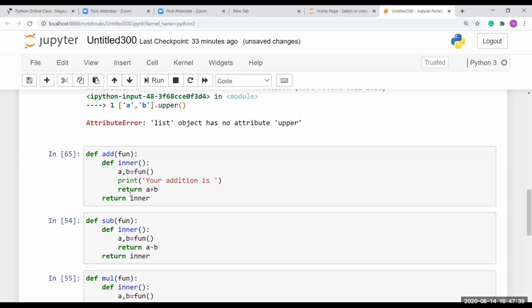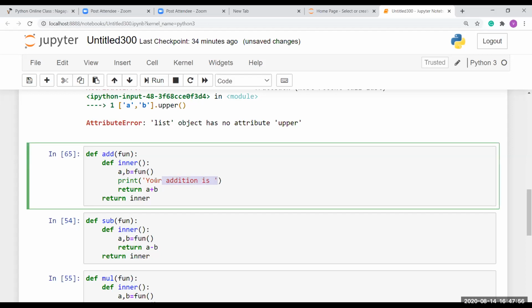And you can see here, we are returning the inner function. Okay, so the return won't return the print. So if you want to add this into your result, you have to copy this and remove your print one, then you can add here, and you have to convert the result into string.